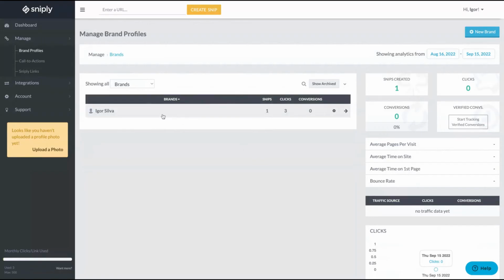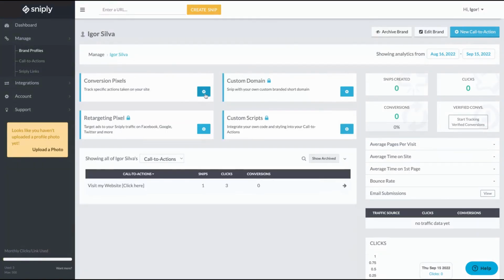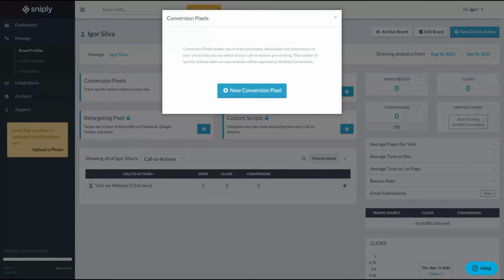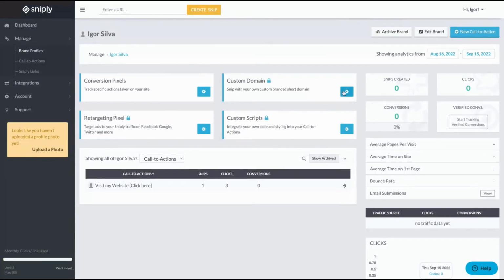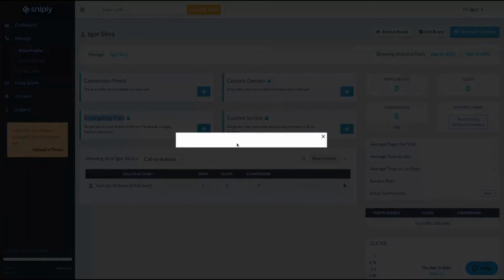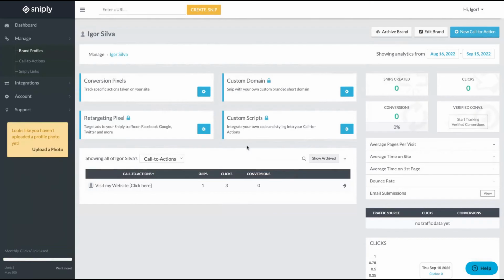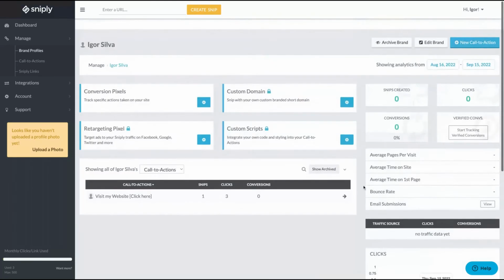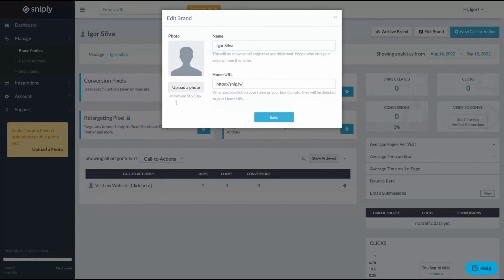On your brand profile, you can add your pixels, your conversion pixels, for instance, Facebook pixel. You can add your own custom domain, so you have different custom domains by brands. A retargeting pixel, those are the Facebook, Google, and you can also add custom scripts. You can create call to actions for each branding, and you'll see all the call to actions here. You have analytics for each brand. Editing brand, you can upload a photo to the brand and a home URL. So when someone clicks on the brand, they will go